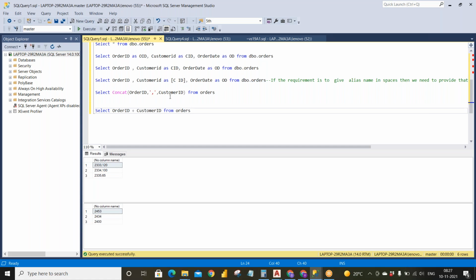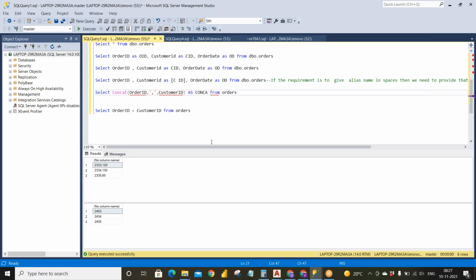And in both, when we are adding two or more columns, that particular column name is not visible. In this scenario, we can mention the alias. So here if you observe, there is no column name, so I will give some column name over here.